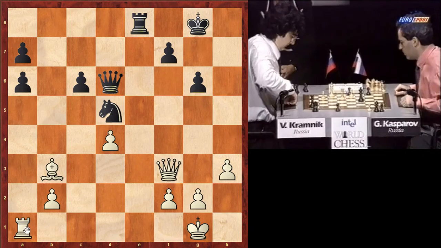But yeah, what if Kramnik captured the pawn here on a6? Then I think the next one is moving